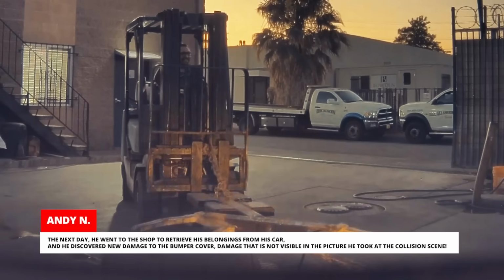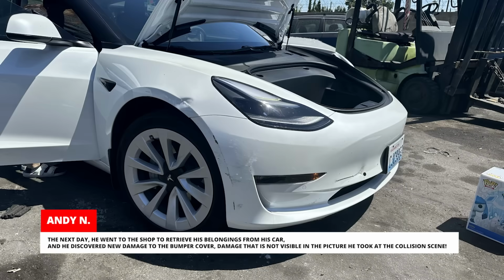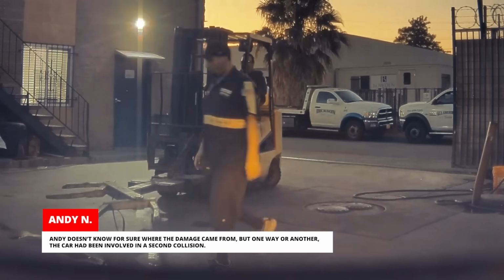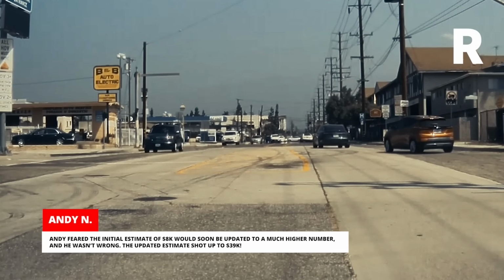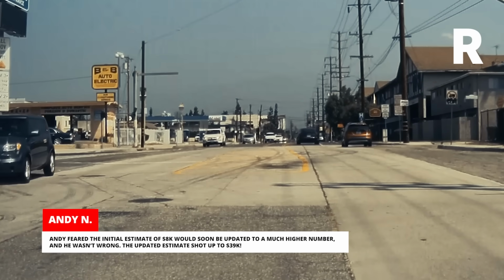The next day, he went to the shop to retrieve his belongings from his car and he discovered new damage to the bumper cover. Damage that is not visible in the picture he took at the collision scene. Andy doesn't know for sure where the damage came from, but one way or another, the car had been involved in a second collision. Andy feared the initial estimate of $8,000 would soon be updated to a much higher number, and he wasn't wrong. The updated estimate shot up to